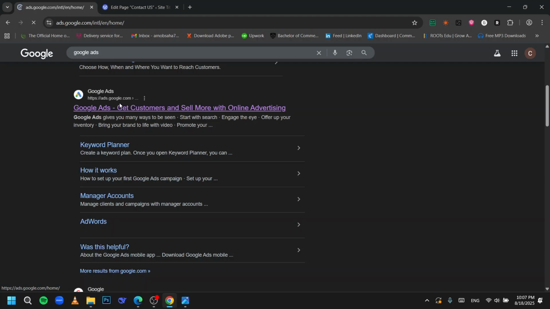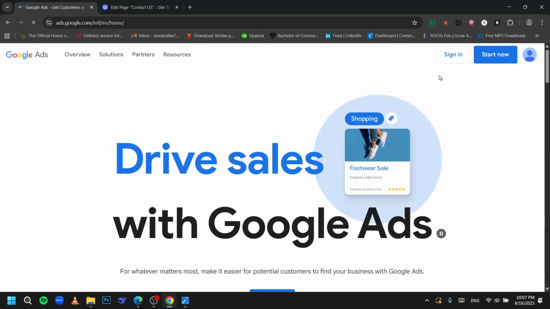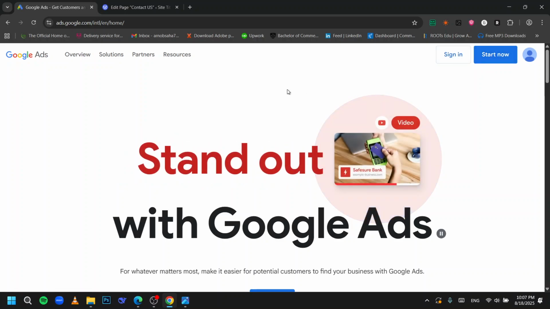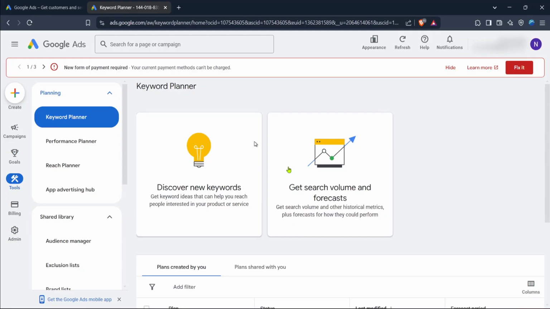After that you have to simply go to the first website from here, and click on the sign in button or the start now button according to your preferences, and then it will take you to a dashboard like this. And from here what you need to do is click on the tools icon on the left hand side, and once you click on the tools icon you have to click on the keyword planner from here,